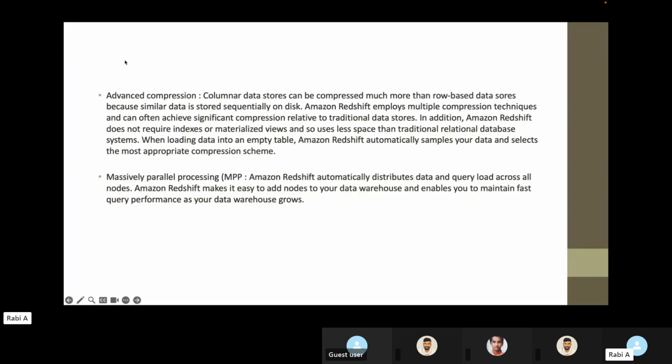Now, because we are dealing with a huge amount of data, to easily manage the storage capacity, we also have this advanced compression. So columnar data stores can be compressed much more than the row-based data stores because similar data is stored sequentially on disk. Amazon Redshift employs multiple compression techniques and can often achieve significant compression relative to traditional data stores. In addition, Amazon Redshift does not require indexes or materialized views and so uses less space than the traditional